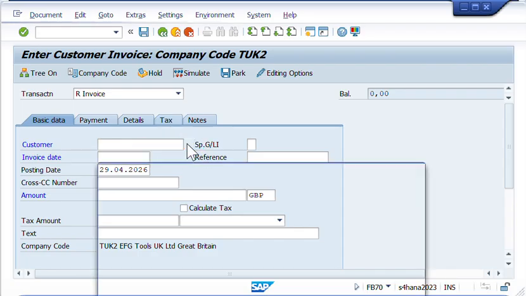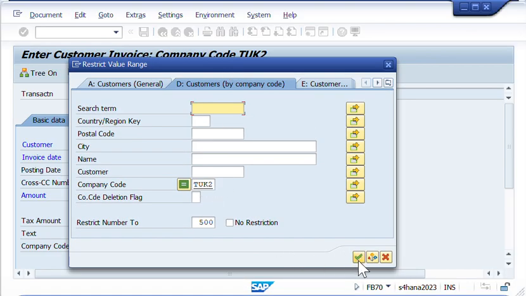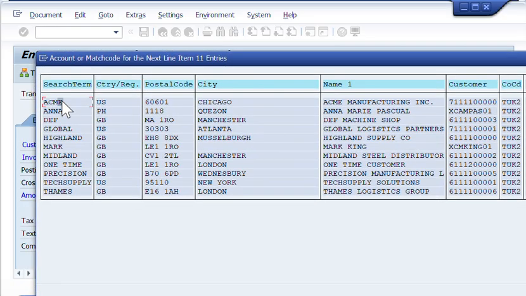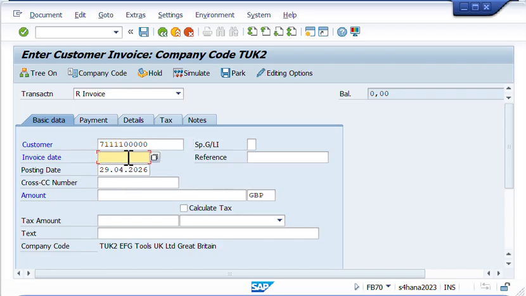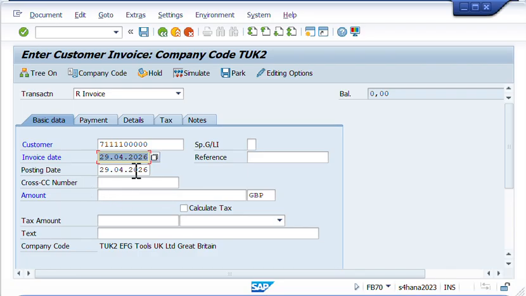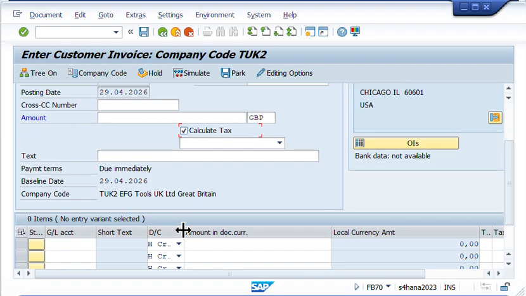So first, let's select a customer and my company code is TUK2. That's correct. And then click check and I'll be using Acme. Double check Acme and then the current date. Click on the current date and then one click tax and